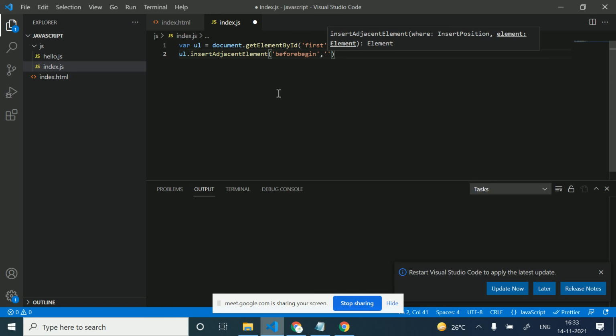There is no requirement to use any function to create an element or insert text. We can directly add the new html here.